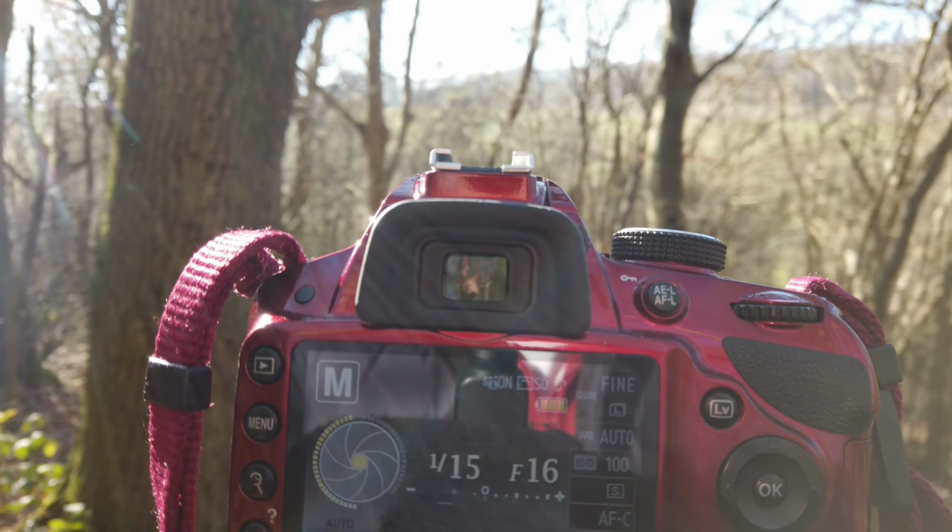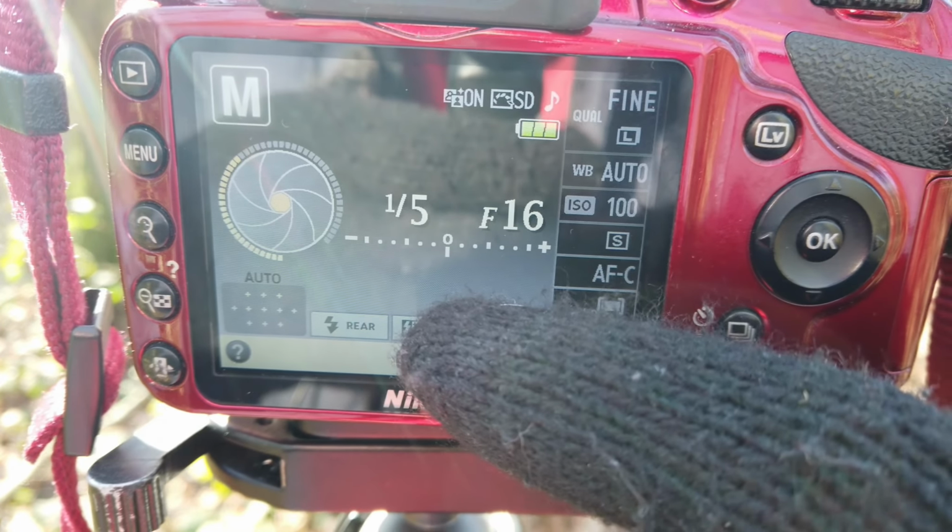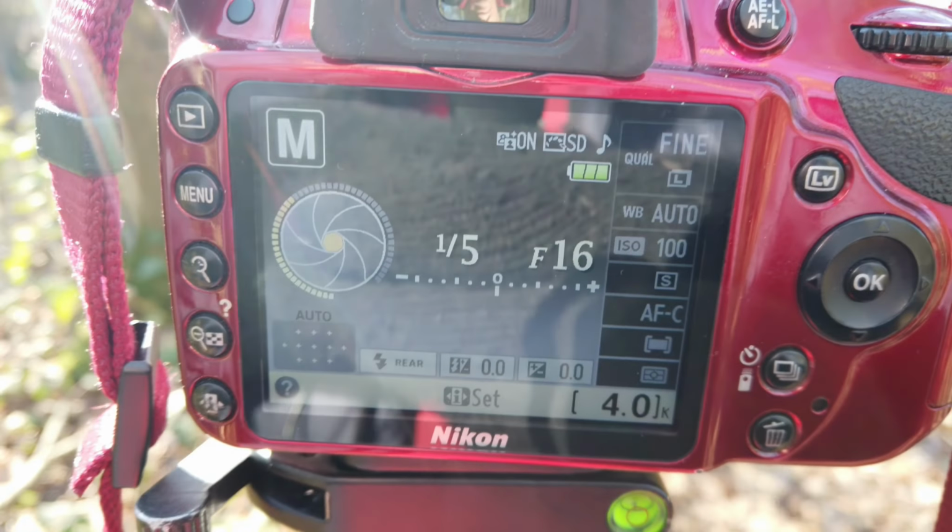You can see the light meter. Come on, focus, you damn thing. By adjusting the light meter, even though it now wants 1/5 of a second at f16, because I want the wide depth of field, I can work that. I'm going to take this shot, and then I think I'm going out of the woods,